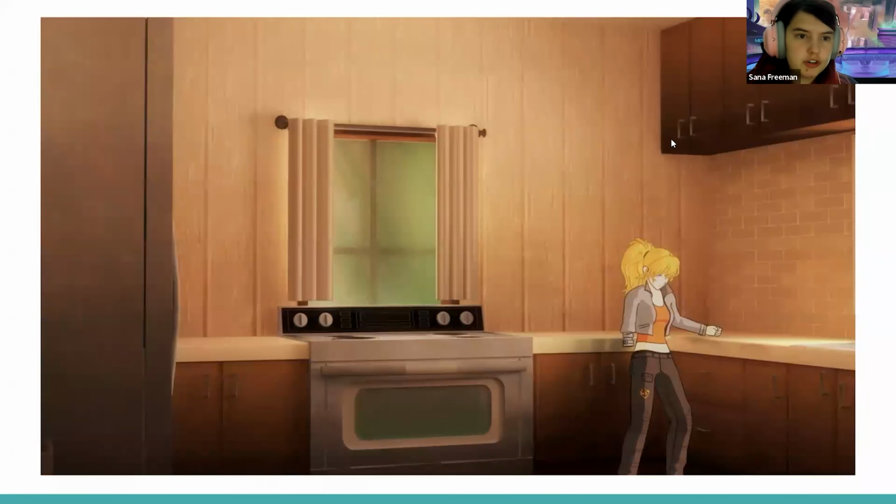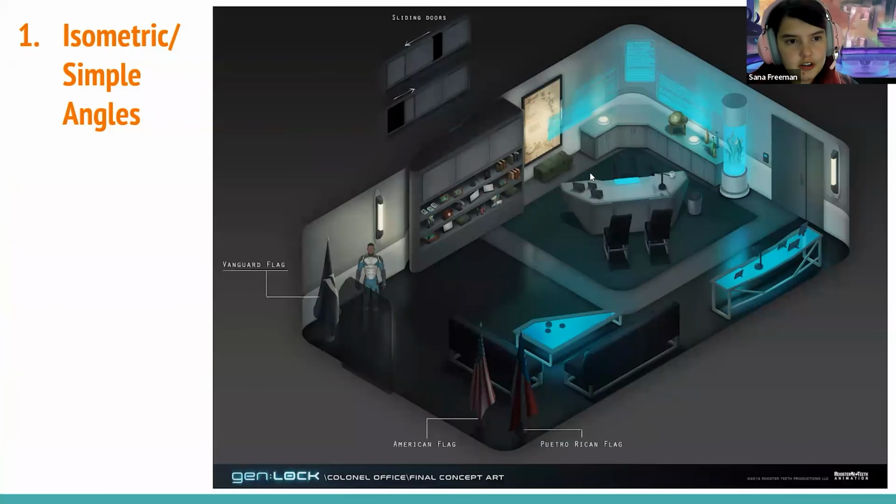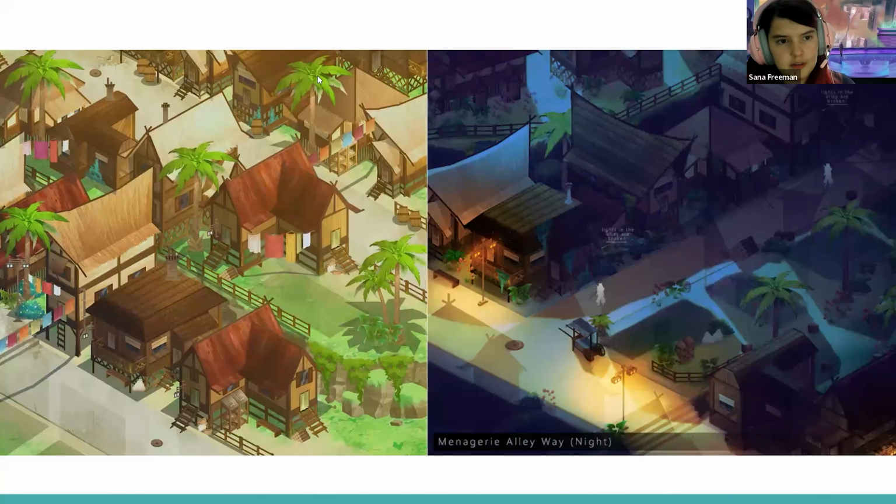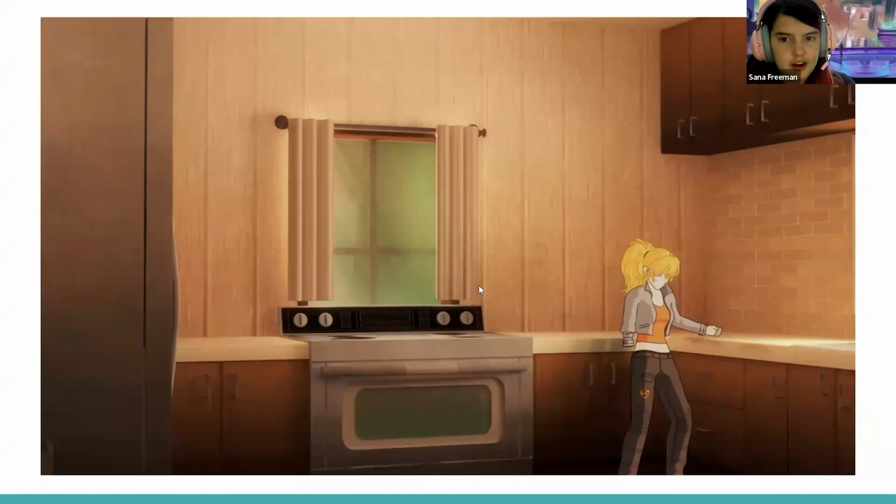This is the most cursed set from all of Ruby. Because the set was done in isometric, the models are like, oh yeah, that's how high cabinets are, right? And that's how big a stove is. Not great. But for this set in GenLog, this was completely fine because it was meant to be a big space anyway. Well, big for an office, small for a space in general. So this was absolutely fine. It described all the materials fine. So something like this, check mark for using isometric or modular, use isometric, not bad.